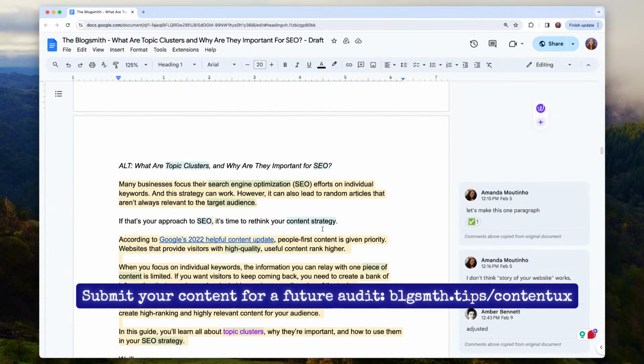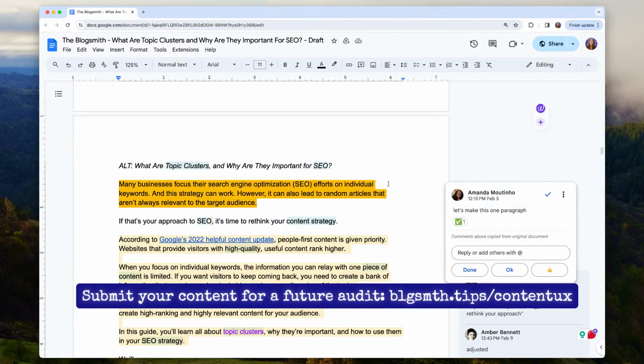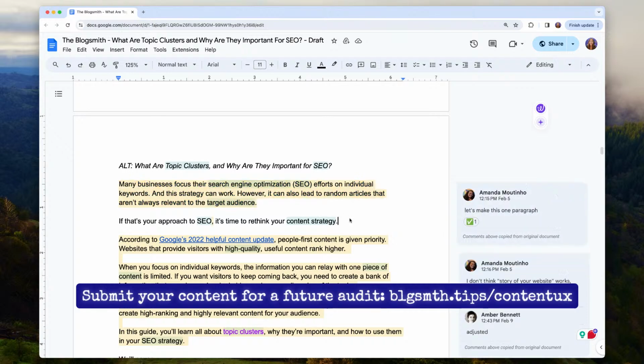So as you can see, we're starting to get into the article. And Amanda is our managing director. So she's representing the client here, the Blogsmith. I used to be one of the point people for going through these drafts just because I'm very particular. Not all clients are going to have that same level of getting involved in the details. But in terms of how the Blogsmith talks about SEO, it's a very nuanced take. And so again, Amanda's representing me, representing us as the Blogsmith in this situation.